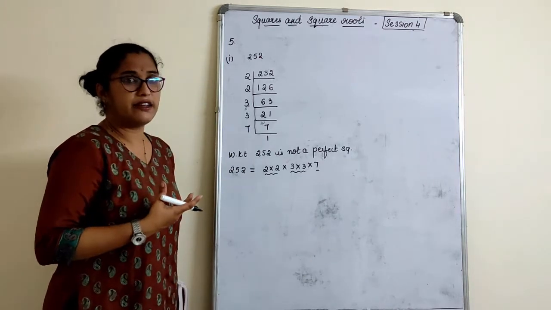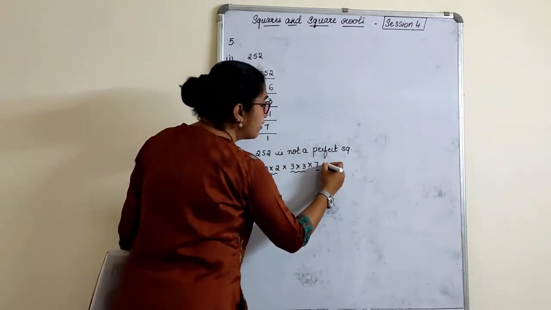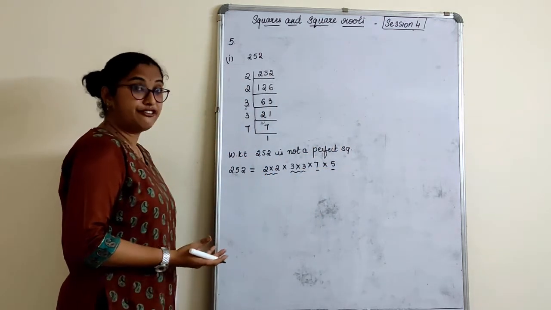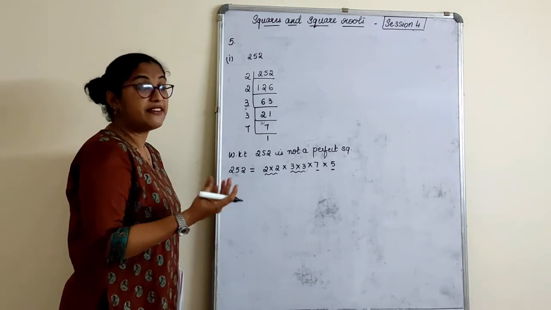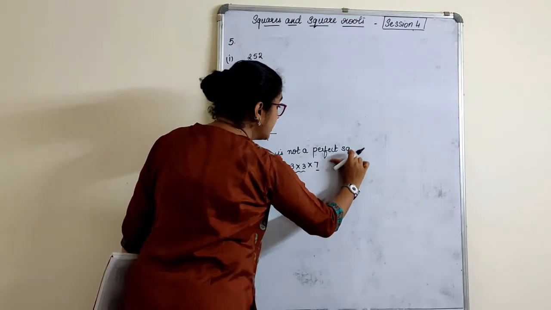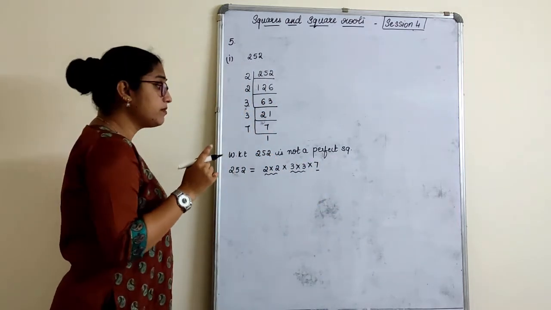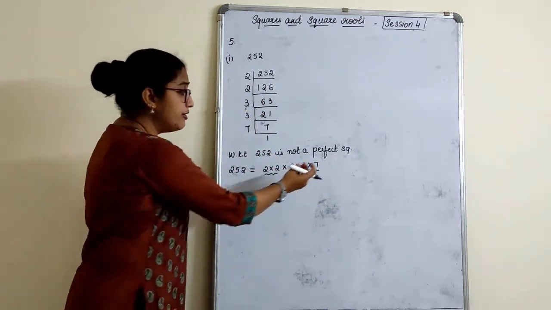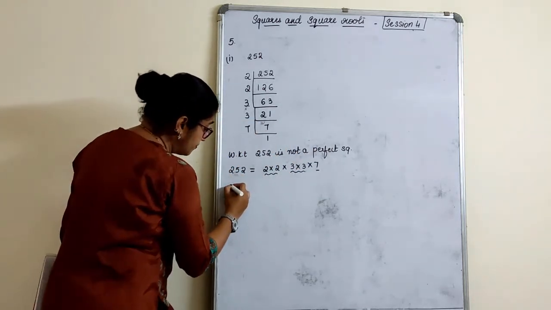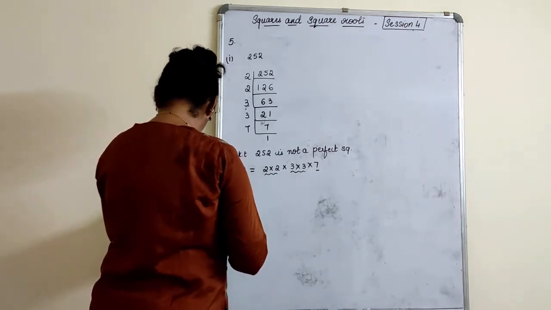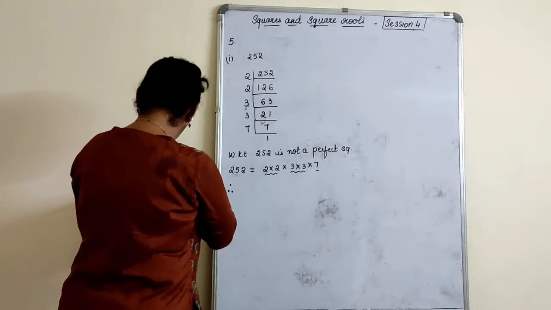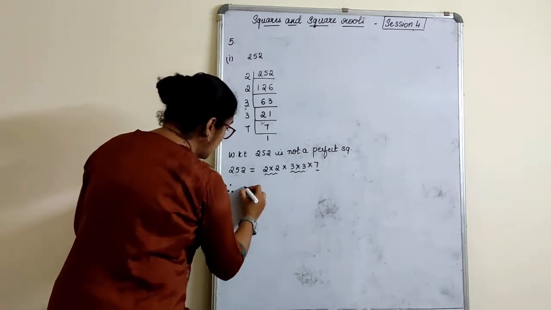So whatever is left alone, okay, assume that we have one more number, 5. That means 7 and 5 are left alone. So 7 fives are 35 is the number to be multiplied, right? Like that. But here we have only 7 left alone. So to make a perfect square, we want one more 7 to make it a pair. Therefore, write the answer to the question they have asked here. We can say that 7 is the smallest whole number